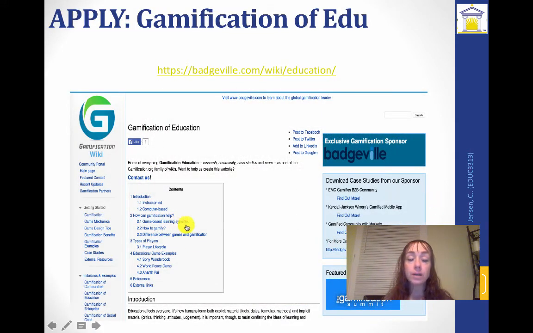Here's some other ideas for you. This is the Gamification of Education Wiki, and here's really a start to finish tutorial on gamification. So game-based learning systems, how do you gamify step by step? What are the differences between games and gamification? Here are some examples, types of players, and a bunch of information here, and there's case studies to